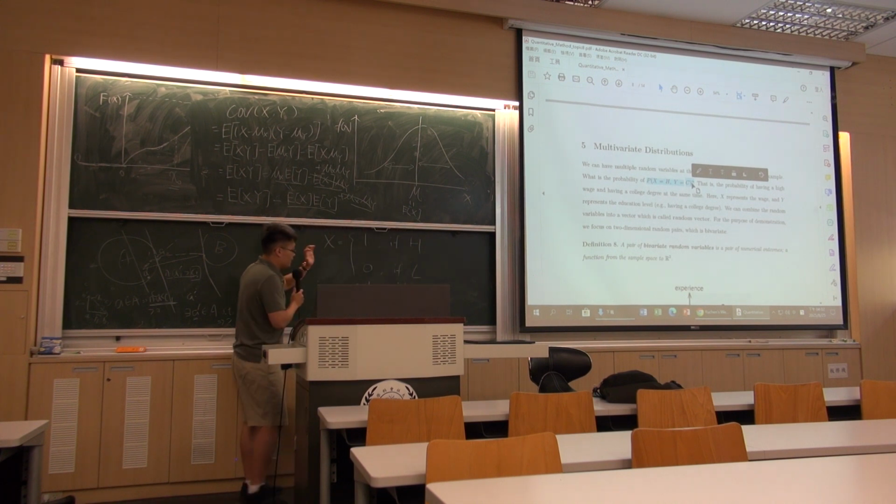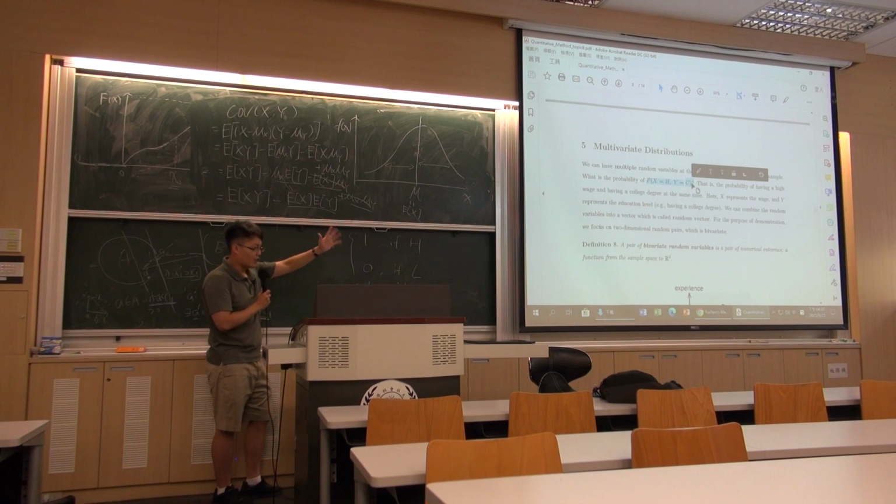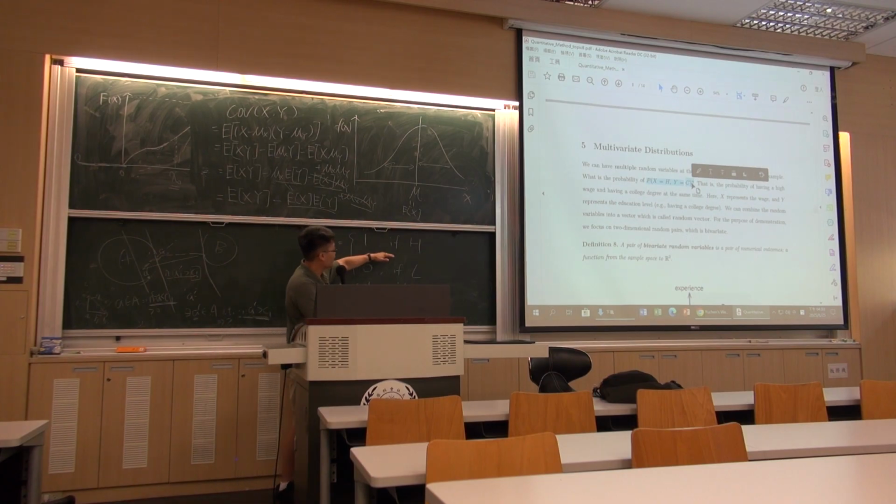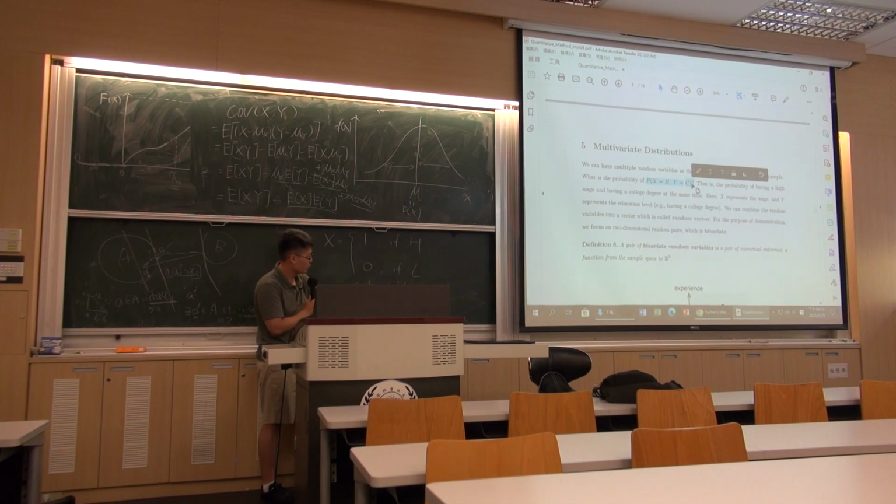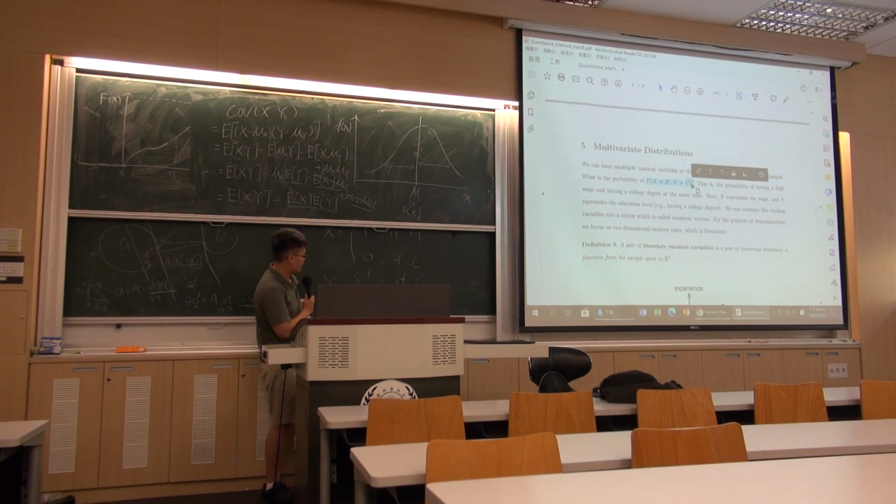Okay, so this uses the table as an example here. If that person earns a high wage, then put x equals 1. If low wage, then put it 0. If that person has a college degree, put y equals 1. And if that person doesn't have